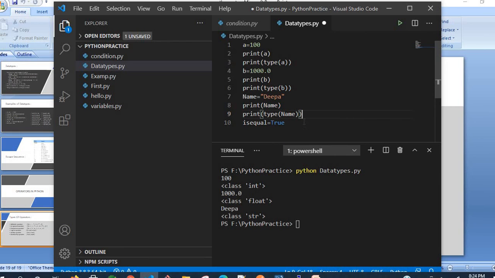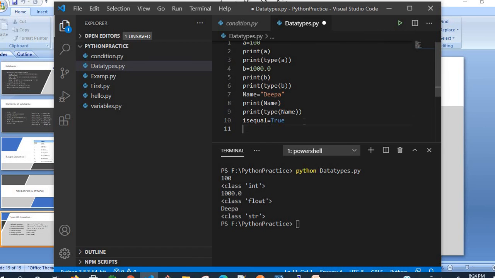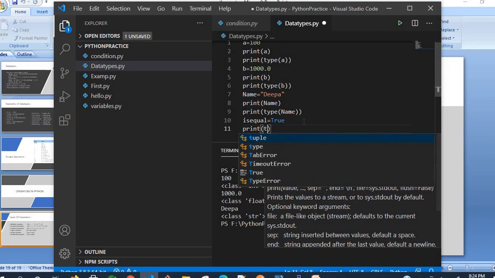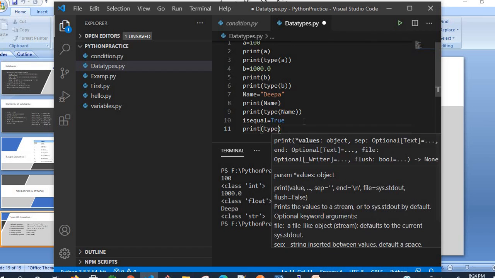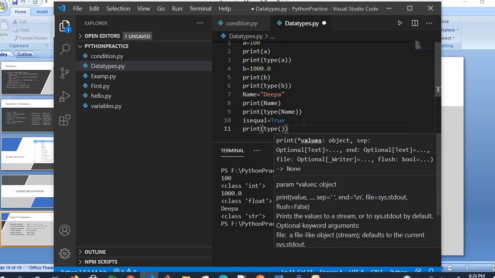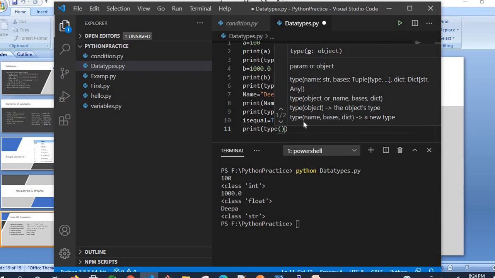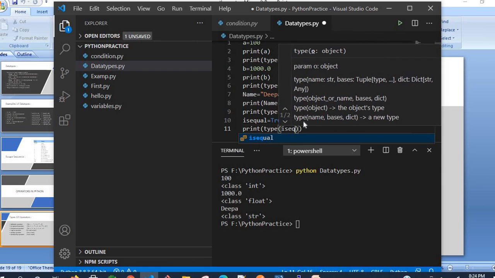Now see, type of the variable I'm going to print here, print type of equal. Now take the variable equal, what type of value it has.